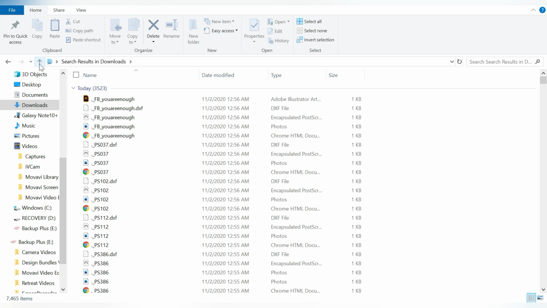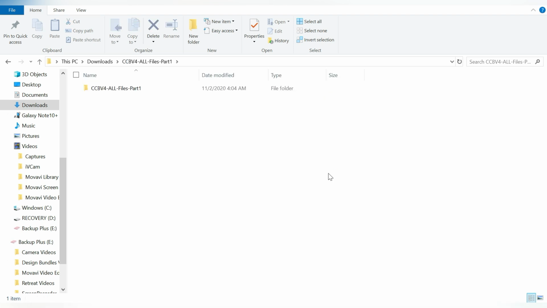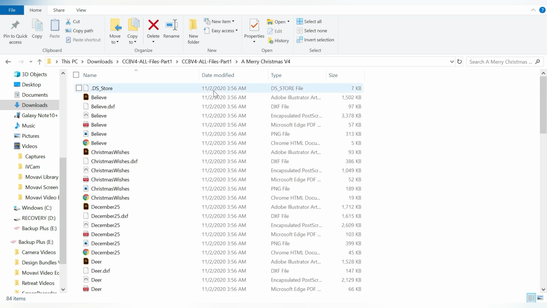Now let's talk about how to sort out one of these main folders. I'm going to open this up. Let's talk about this for a minute. Is there a reason why I need all of the different file types that are contained in here? Well, yes and no. Let's just use this top one for example. It's going to have the DXF, a PDF, a PNG, all these different file types that I may or may not use.